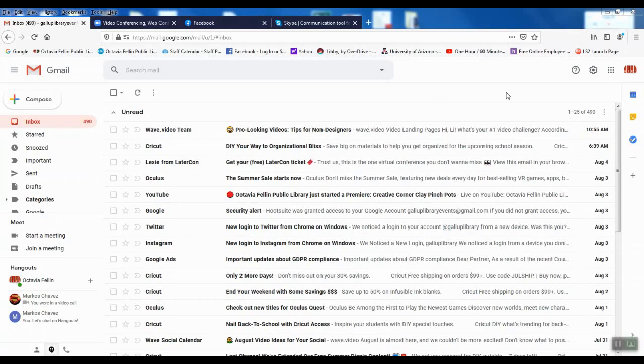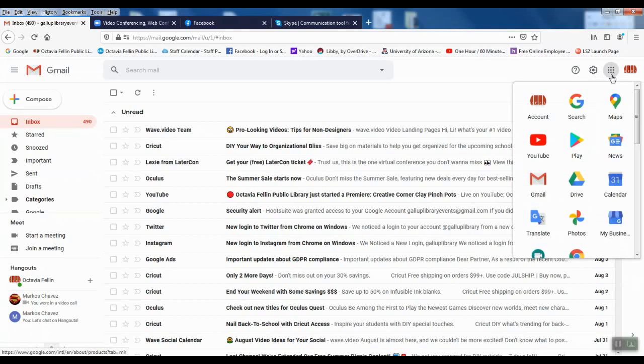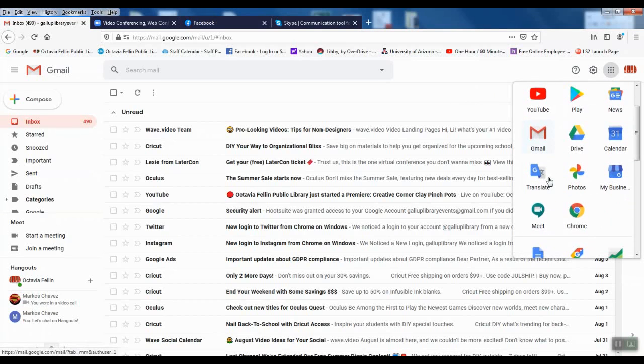So first, with Google, anytime we're going to use apps, we're going to look for the one that is in the corner. It's a little group of buttons here. It says Google Apps. We click on that, and then we go down to Meet. And it's the same icon that